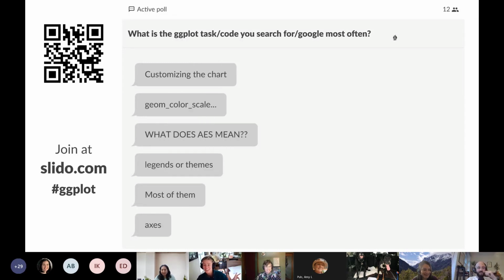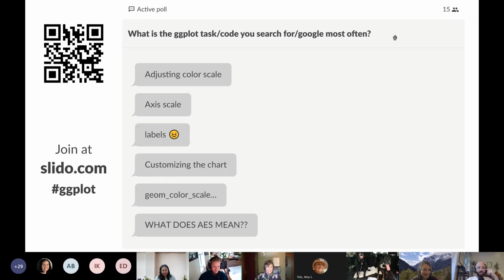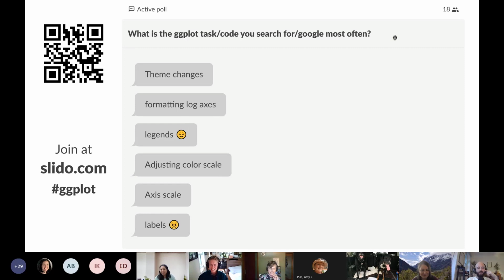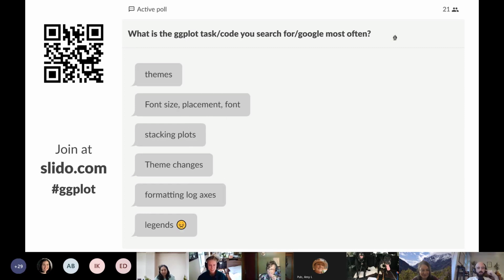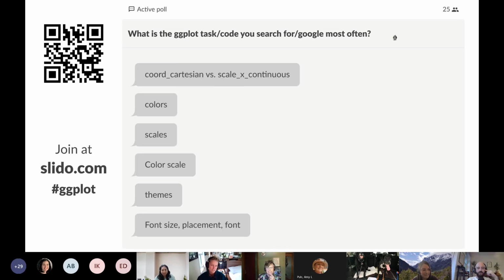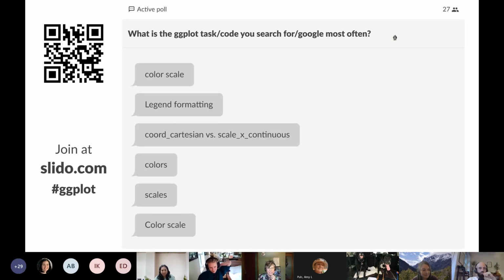Listen, I'm in that category too. Oh, what does aes mean? Okay, we can clarify that maybe. It's not on my list, but that's an important one. Getting aesthetics right, getting the connection, then suddenly ggplot makes a lot more sense. Yeah, legend formatting, yeah. They have a lot of their own syntax.